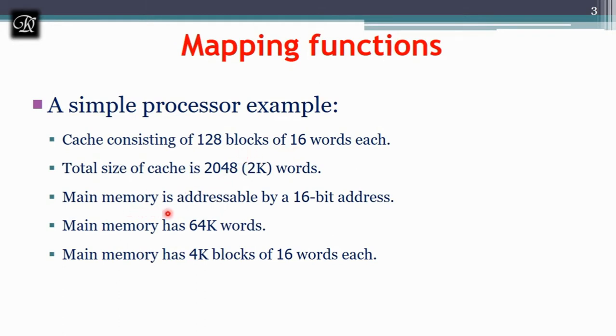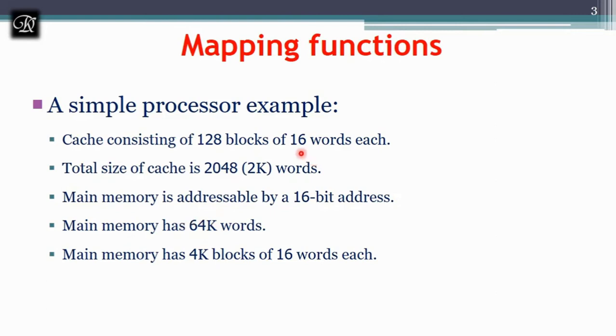Similarly, they have given 64K of RAM, and to address this 64K, how many address lines are required? I have told this before in the first video, basic concepts, where I explained how to get this. 2 to the power of what will give me 64K? 64K means 65,536. 2 to the power of 16 will give me 64K. It means 16-bit address lines are required to address 64K.